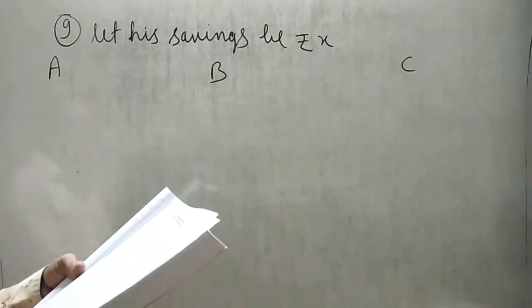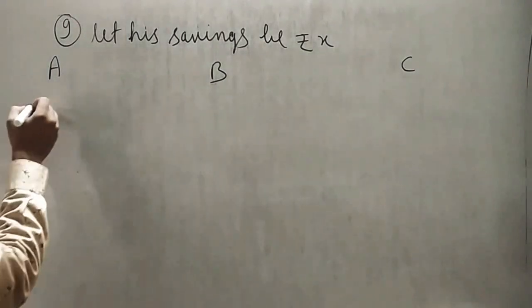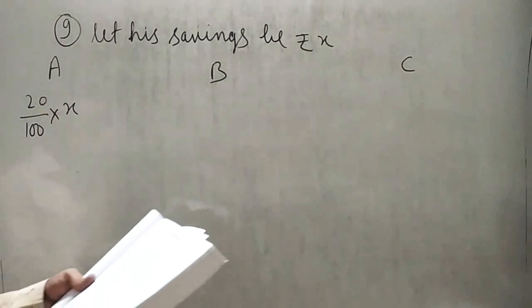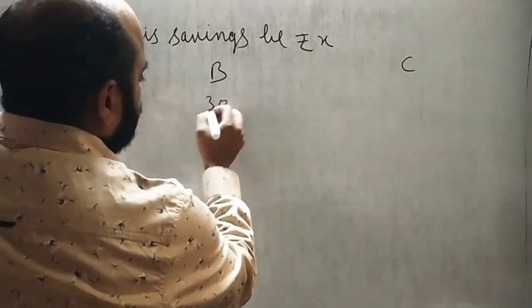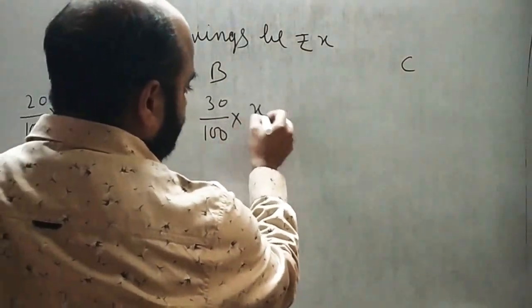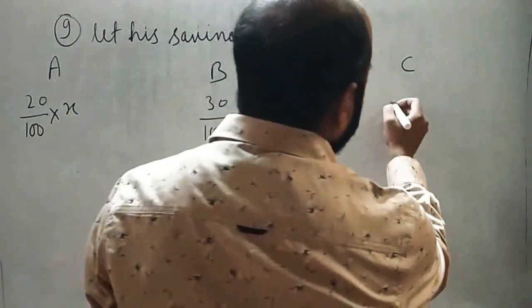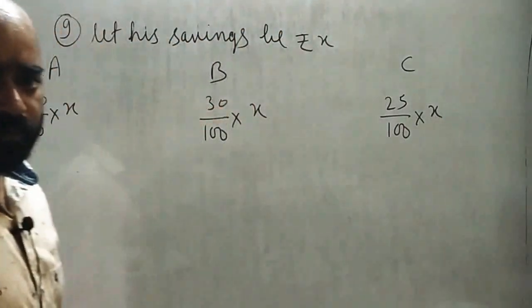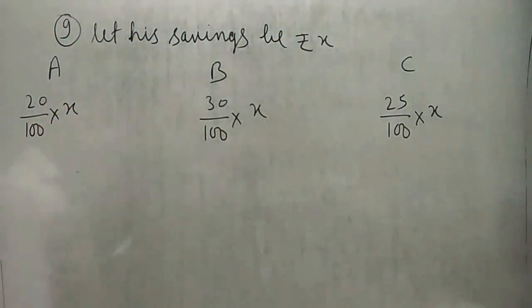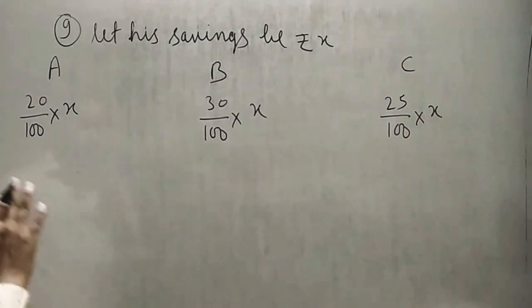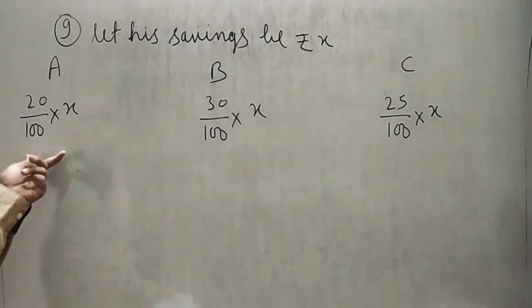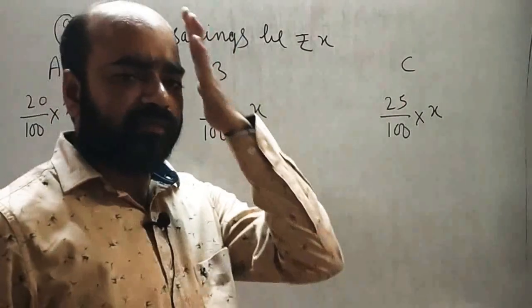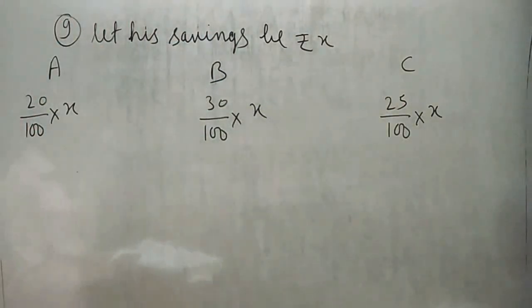In company A, what is the investment? 20% of his savings. It means 20% of X. In company B, 30% of X, his savings. And company C, 25% of X. Clear? These are the investment amounts. He is going to invest in company A 20% of X, 30% of X and 25% of X